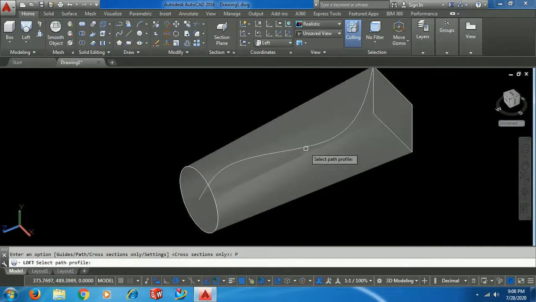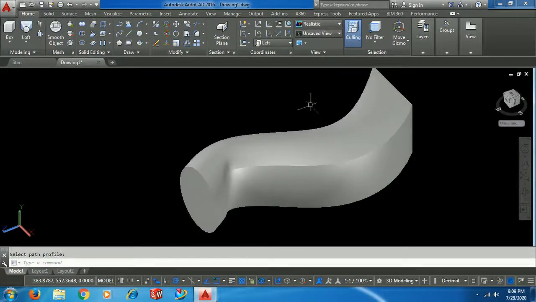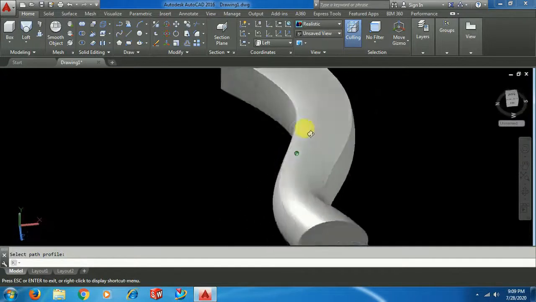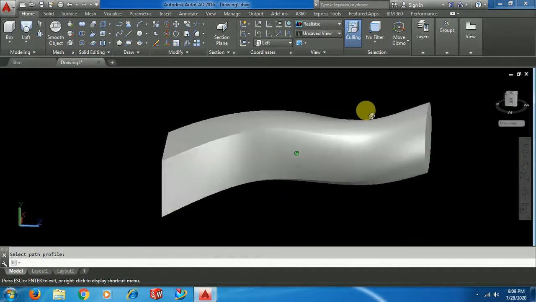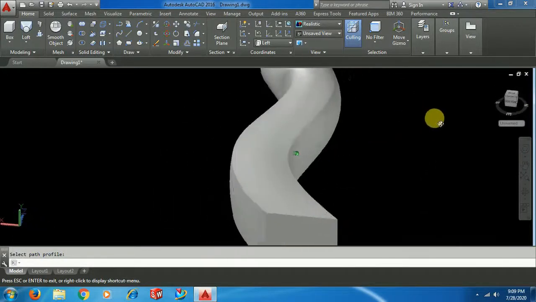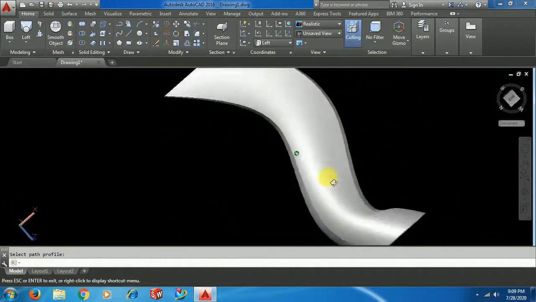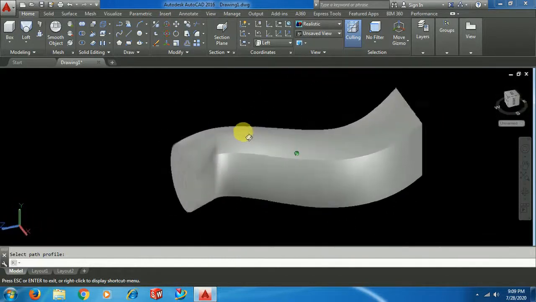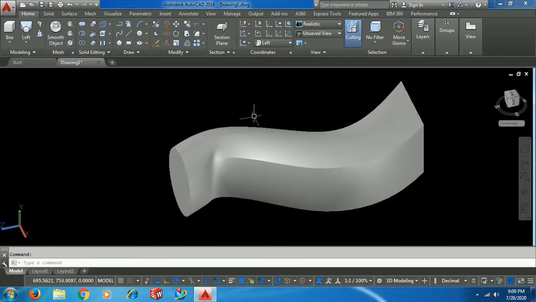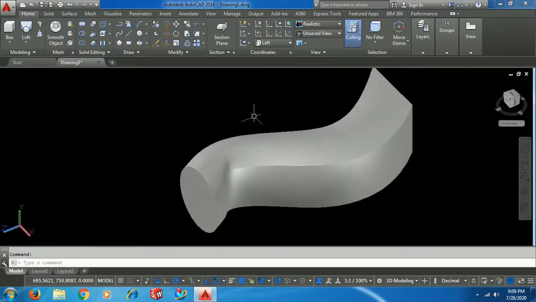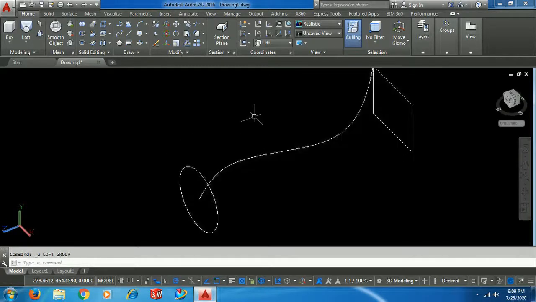Now you can see material adding along the path. Now what is the third option? The next option.